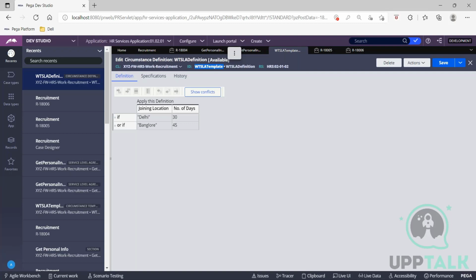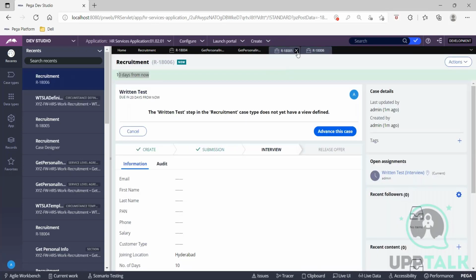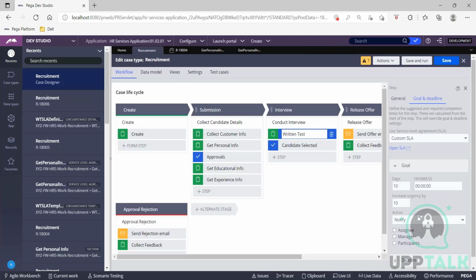So we just took 2 for now, joining location and days, but there can be more also. So that's about the circumstancing based on the template where you have multiple properties. You can also call the property